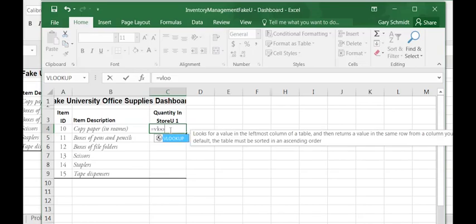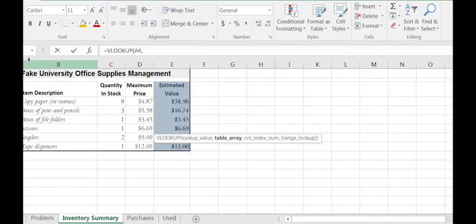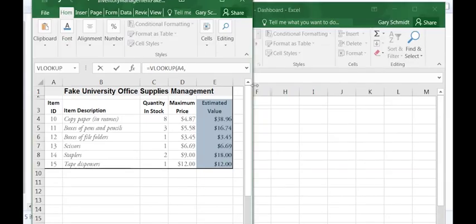Here it is, equal, and then as I type, it comes up to VLOOKUP and gives me the prompt. This is going to be looking up item ID 10. So we click on that, and where is it at? Where is the table array? Well, the table array is in an entirely other file. It's in the store U file,